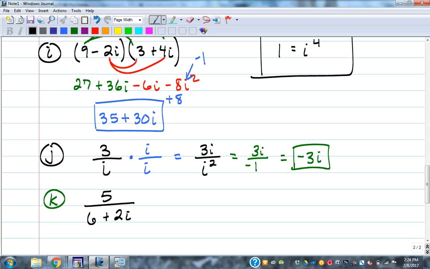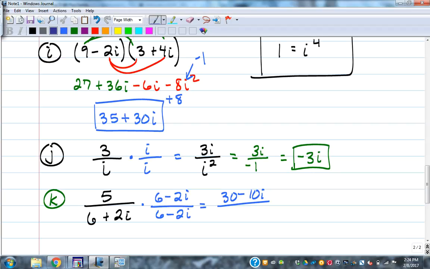Yeah, 6 minus 2i, the conjugate of that, which is change the sign in the middle. 6 minus 2i on top and on the bottom. So on the top, we get 30 minus 10i. On the bottom,